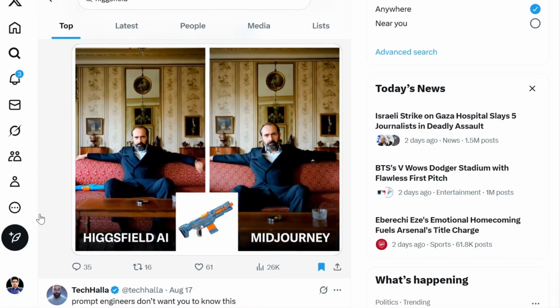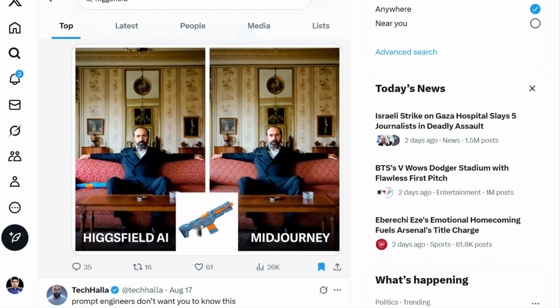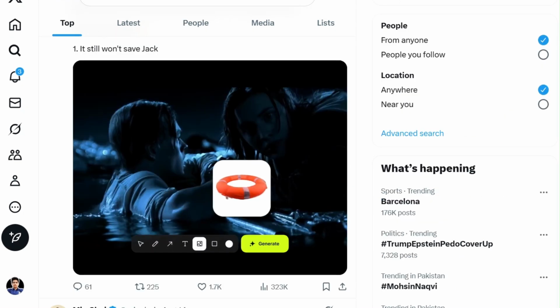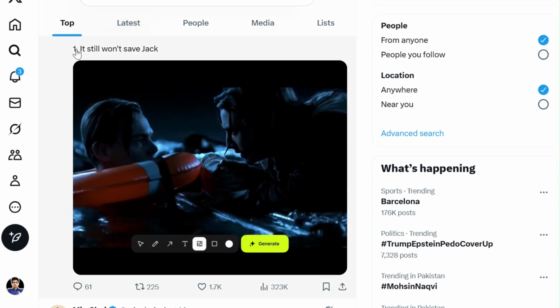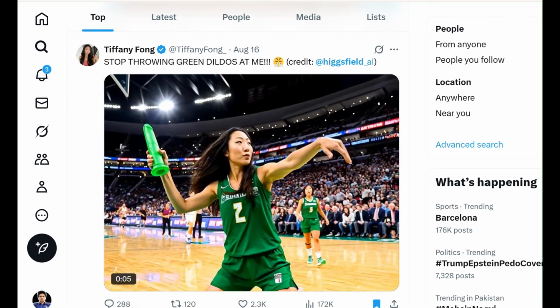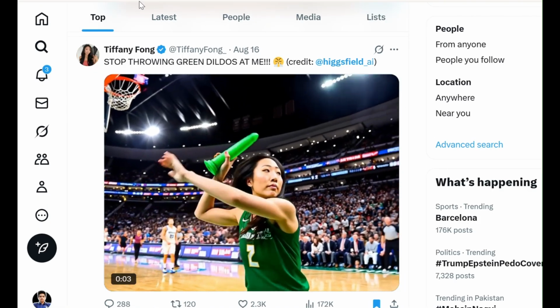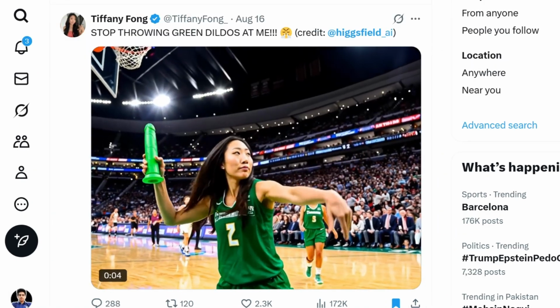But because we only feature wild AIs, when this launched and you give the internet a tool this powerful, you don't get fashion ads. You get chaos. First thing people did was try to fix the most tragic scene in movie history, but you see the caption, it ain't gonna save it. But of course, it doesn't stop there. Here's a woman in a basketball game throwing Halt stick like javelins towards those who haven't subscribed, so subscribe unless you want that inside of you.